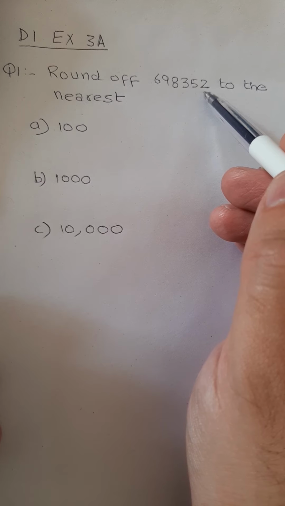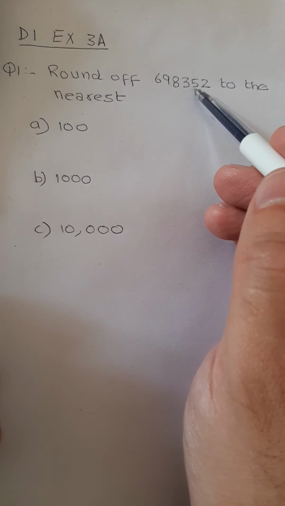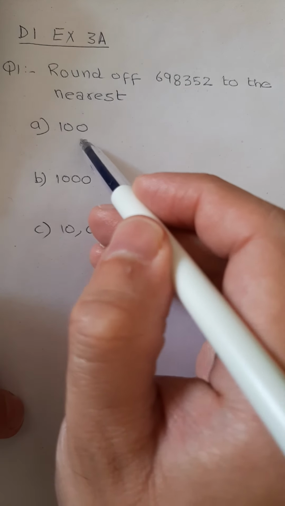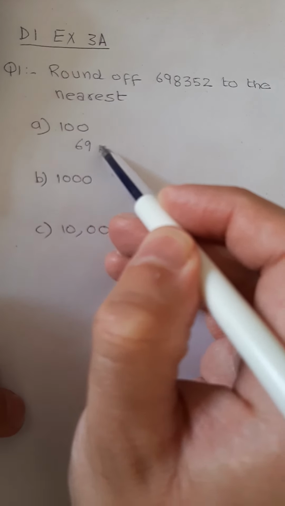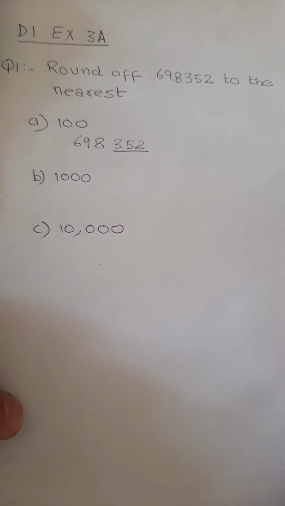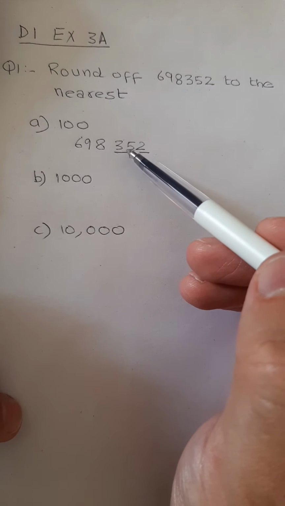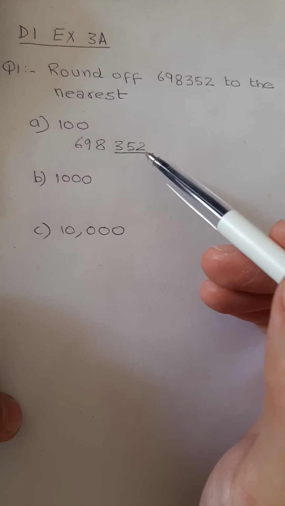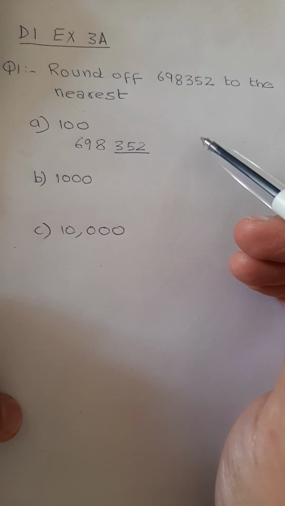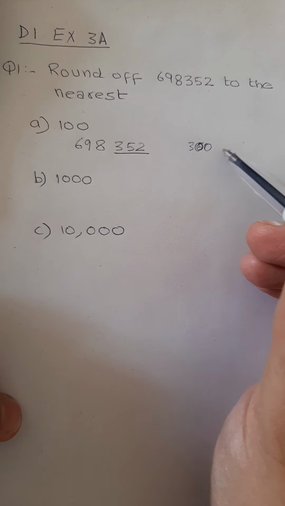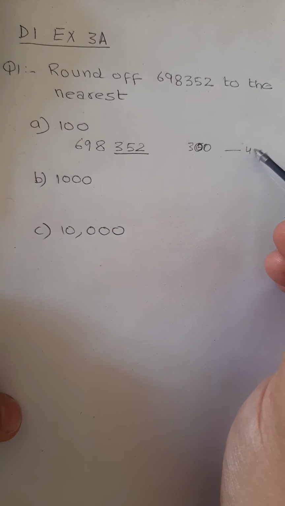This number 2 is at unit place, this is at 10 place, this is at 100 place. So basically we are going to work on these three digits, 352. Now we need to round off 352 to the nearest 100. Now 352 is between 200 and 300, no, it is between 300 and 400,